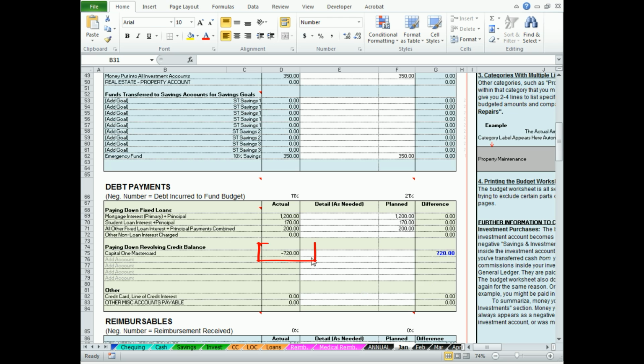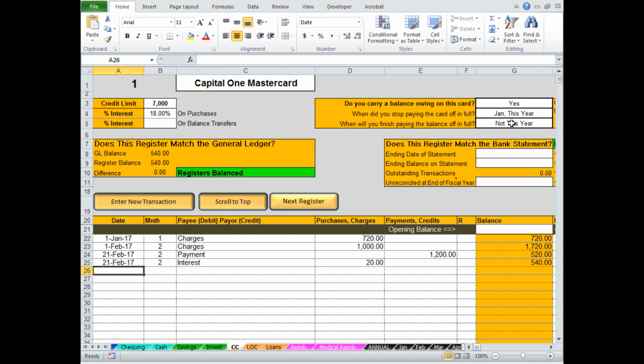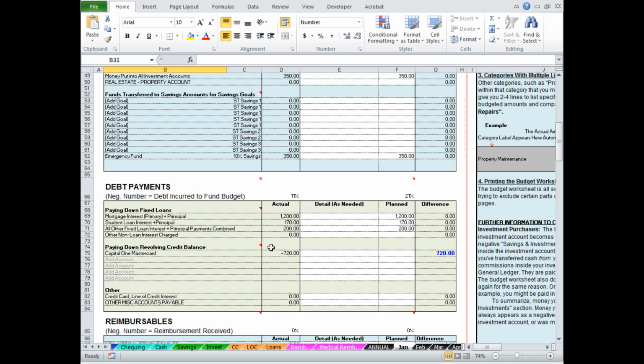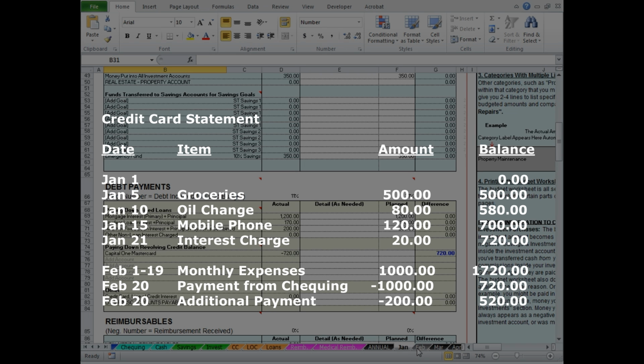And that will show up here as a negative number in the actual column, as long as you have, in the credit card register, selected yes to the question, do you carry a balance owing on this card? If we go back to the January budget worksheet. Then, let's say in February,